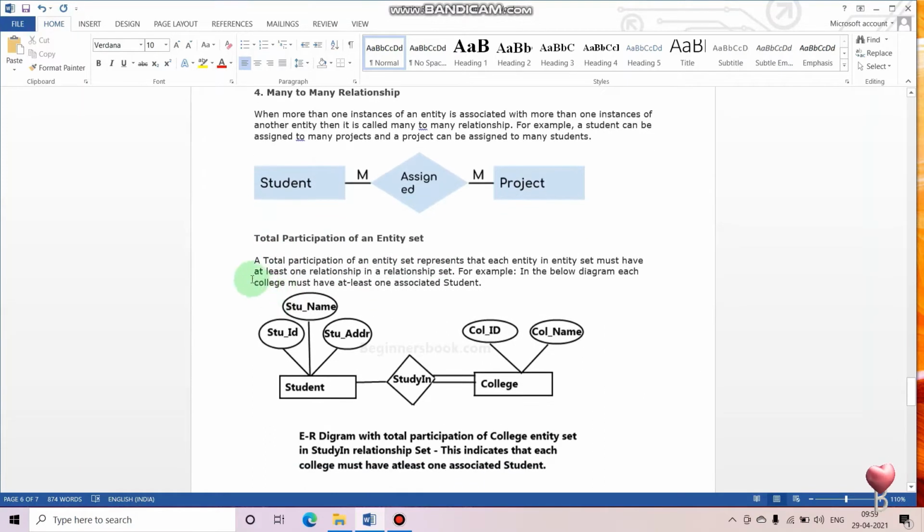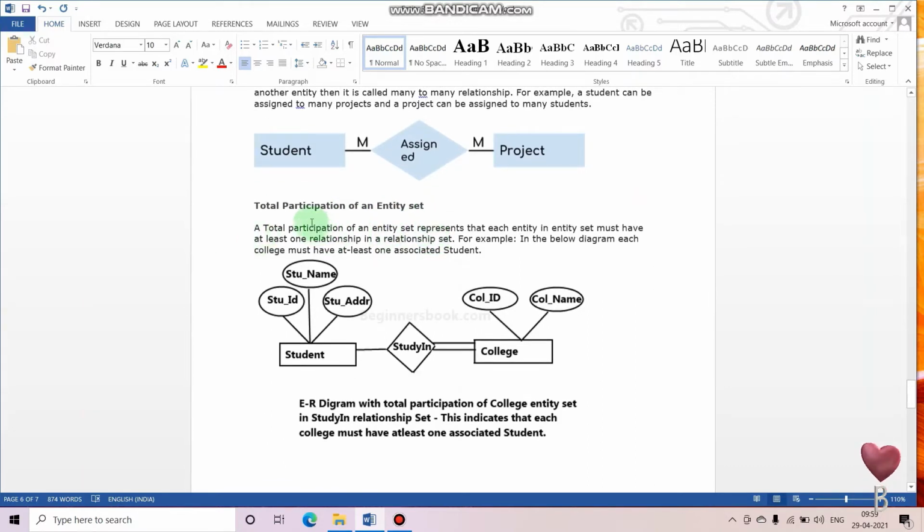Okay, so let's get started with the next topic, which is total participation of an entity set. As the name suggests, total participation means an entity has at least one relationship with an entire entity set.